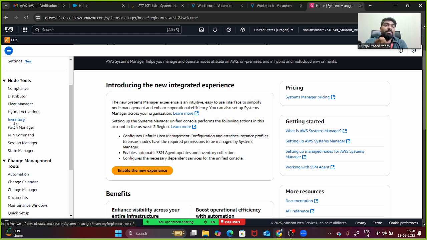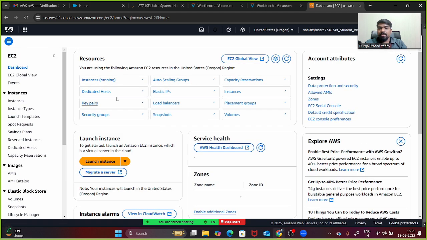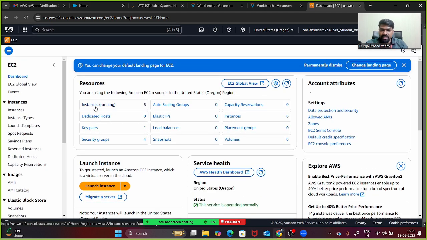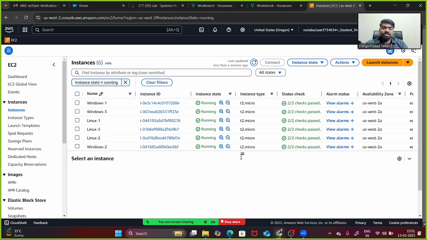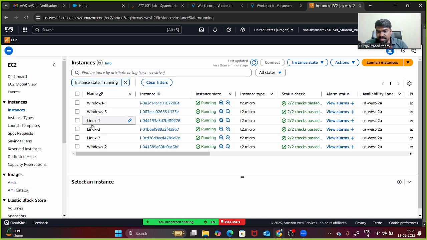Whenever we are coming into System Manager, we will be doing the same. First of all, we will try to filter how many systems we are going to protect, and in those systems we'll find the vulnerabilities and try to apply the measures on those systems. So let's say there are a few machines that have been created here for us. Now I'll bring you into the EC2, and there are a few machines that have been created here. You can see 6 machines have been created. 3 machines are Windows and 3 machines are Linux.